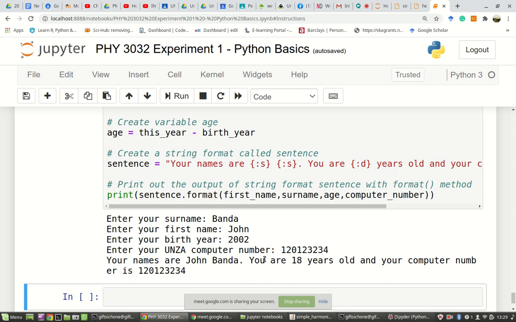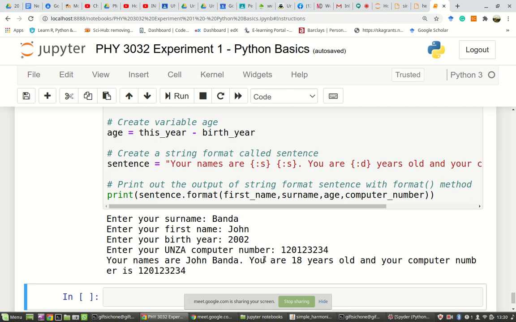Okay, so now that you have this, again, like we did for the other two cases, the next bit is maybe you want to get the information of some other student who is not John Banda, right? So what do you do? You get these lines. We know that they work. You get these lines, then you store them in a file. Okay? So we go back to our home